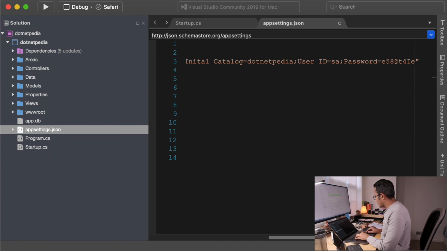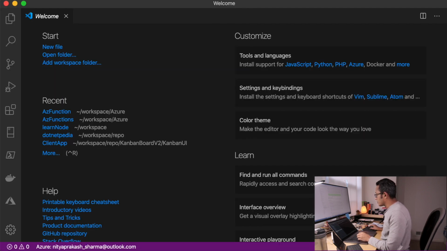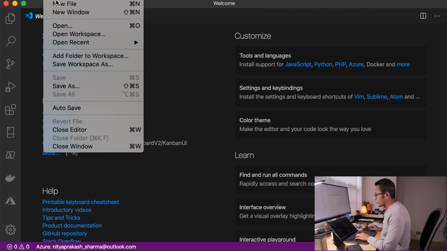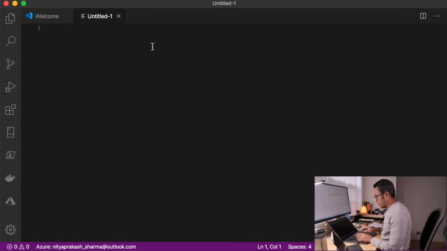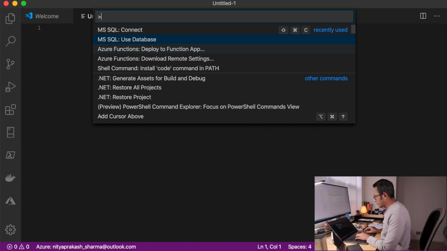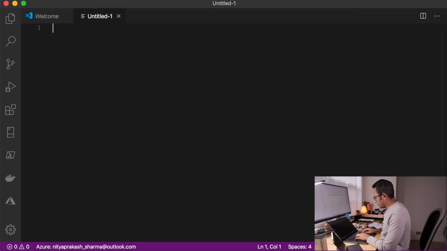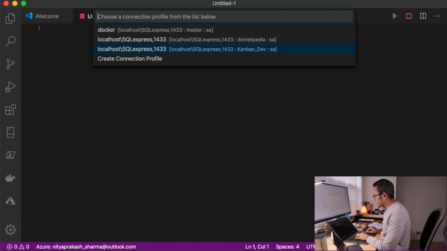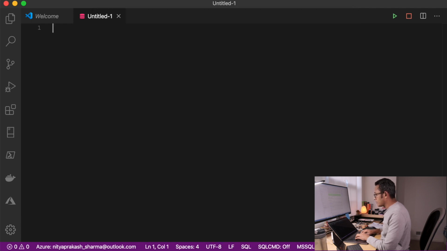Okay, so we want to confirm if we can connect to this database in this server or not. So I'm going to use Visual Studio Code. In order to do that, I'm going to create a new file, and now press F1 to MS Connect. So I'm connecting, and yes, and I'm connecting to SQL, this one, Docker one,